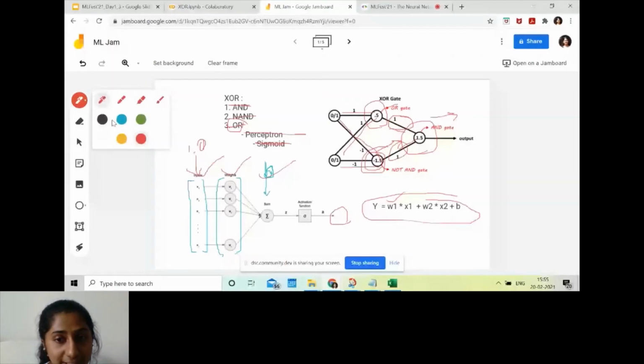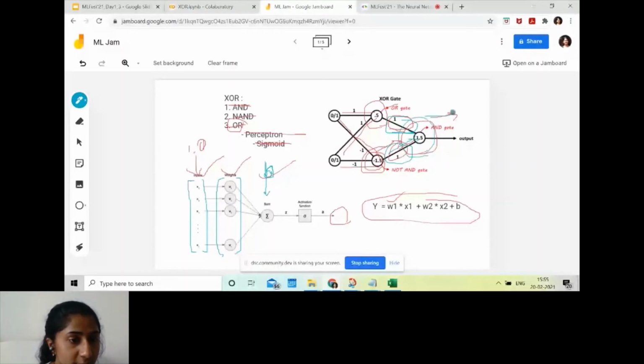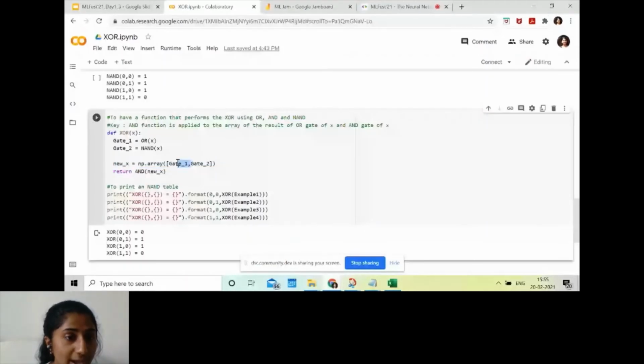And we send this into an AND gate to get the final result of the XOR gate. So we make a new array using gate 1 and gate 2's outputs, and then we call the AND gate, and we get the result. And this result is nothing but our XOR gate.